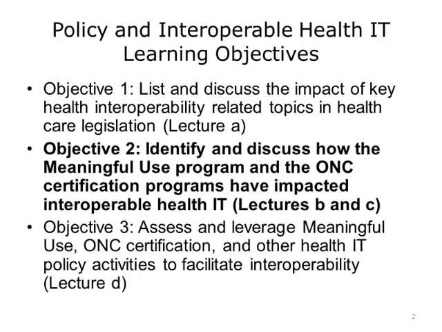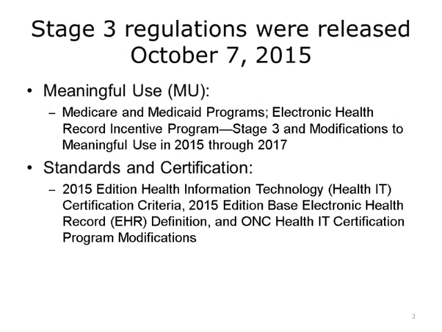This lecture will focus on the meaningful use regulations from the end of 2015 onward and how they have impacted interoperability. On October 7, 2015, the Stage 3 regulations were released. This consisted of two important regulations. The first one is Medicare and Medicaid programs, Electronic Health Record Incentive Program, Stage 3, and modifications to meaningful use in 2015 through 2017. This rule is commonly referred to as the MU Stage 3 and Modified Stage 2 rule